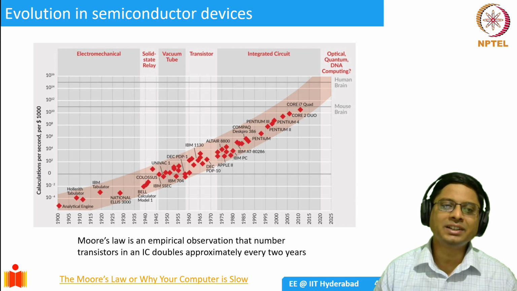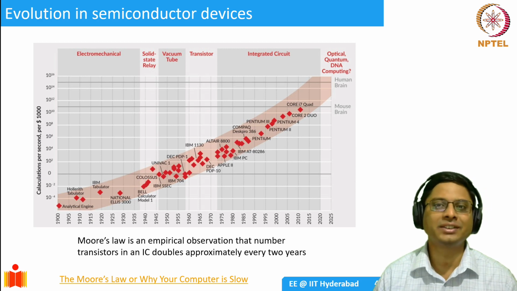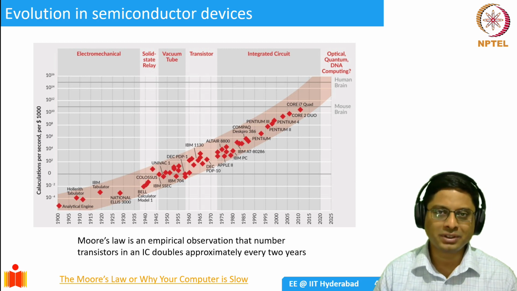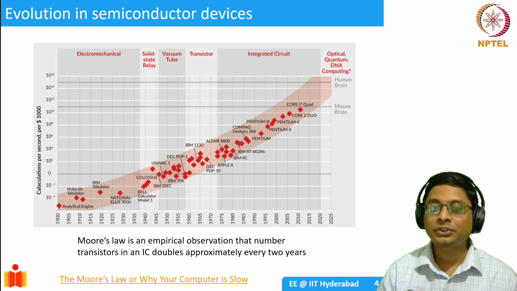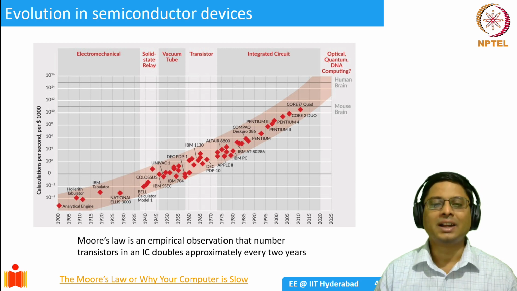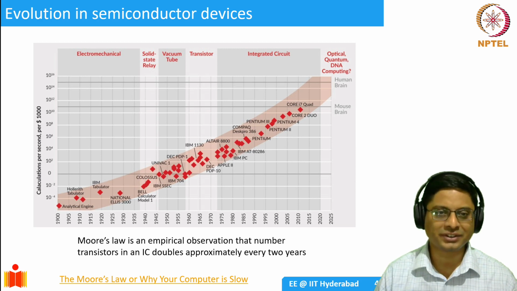Over the next 70 years, there has been an exponential increase in the number of calculations possible. And at the same time, the cost per computation has reduced. And that is why our chips are so cheap that we can put it into mobile phones and sell them in billions and billions of devices.